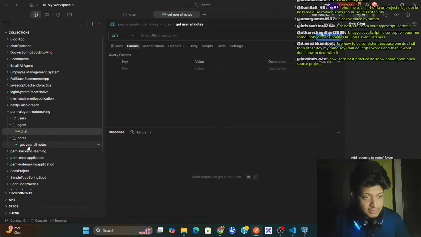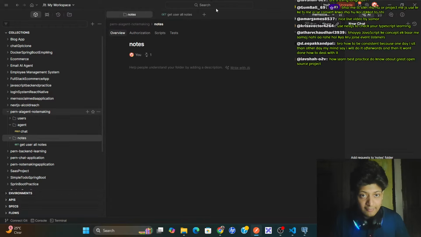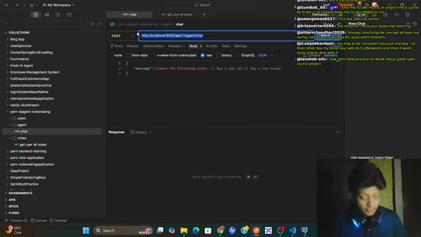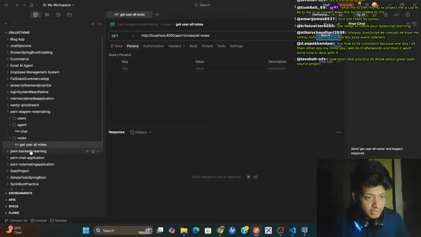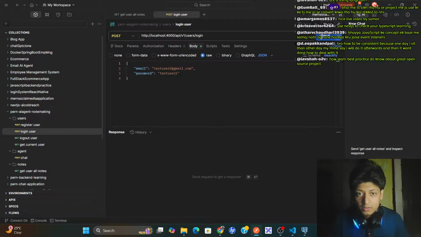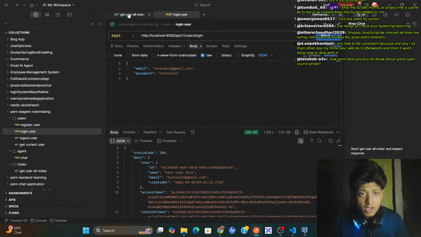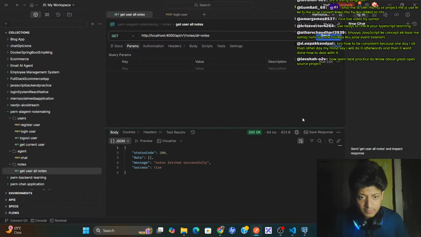In this endpoint we have this. I'll copy it from here and paste it here, and this should be nodes slash get slash all nodes. Close this, and it will be users, login user, test user 5 here, and get all nodes. Let's see nodes.